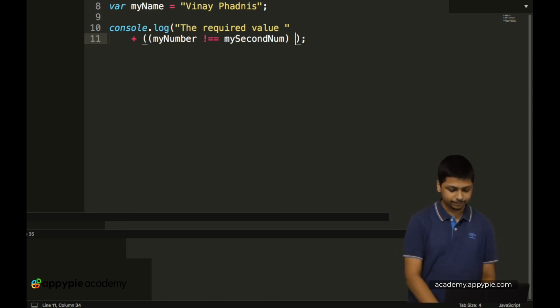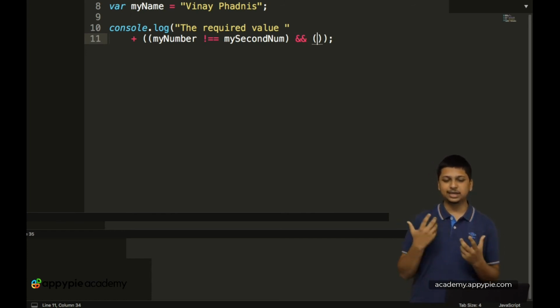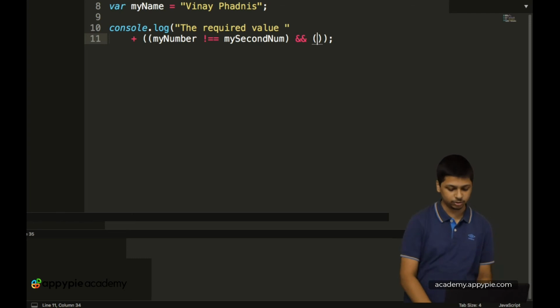Okay, so let's add two AND symbols over here, then let's add curly brackets again, and now let's simply check if my number is less than 0 or my number is greater than 0. So my number, so let's type in my number, and all we have to do is check if this is greater than or equal to 0.